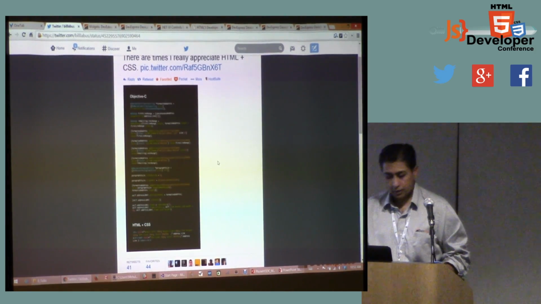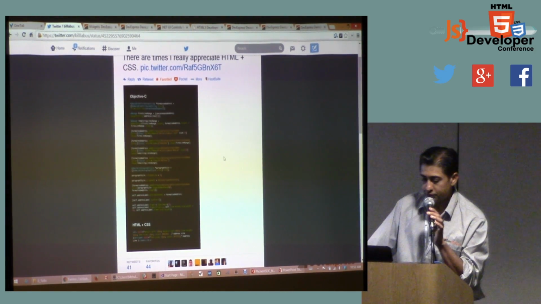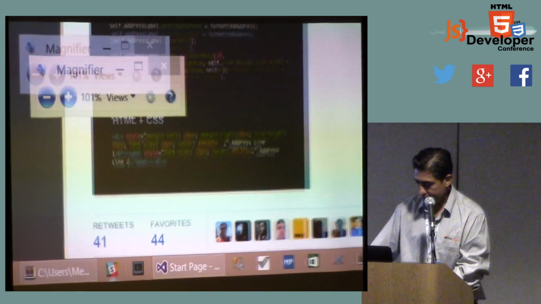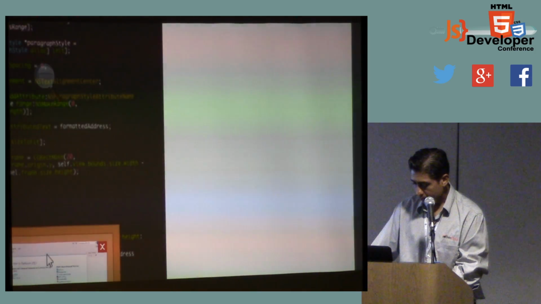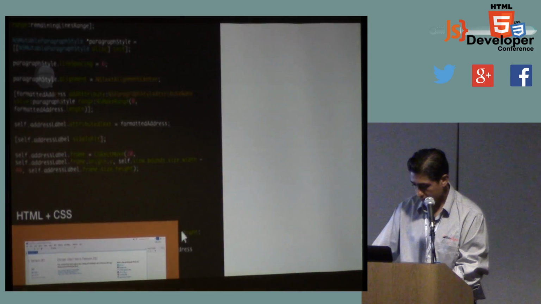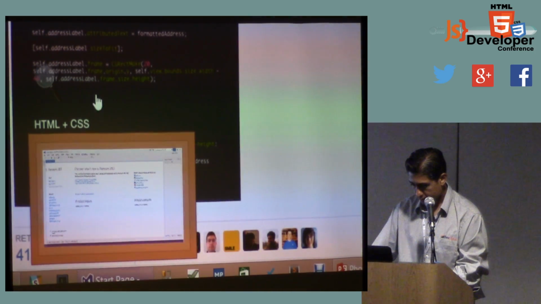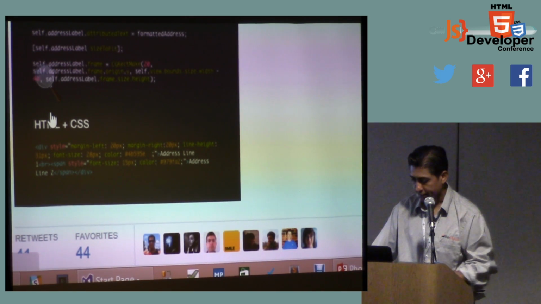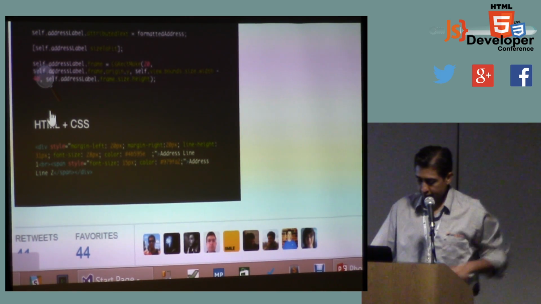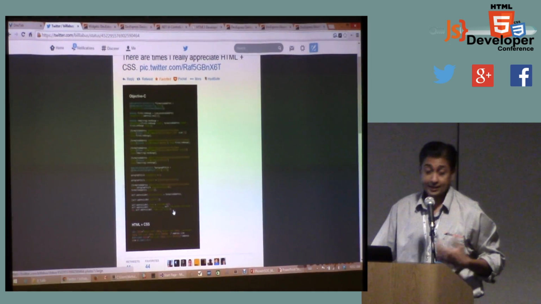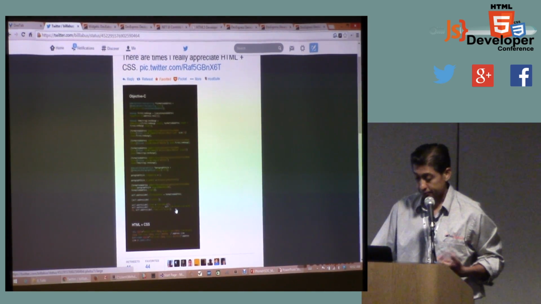All right, so here he's showing off some Objective-C code. Now you can see all of this Objective-C code is the same as this bit of code down here, and all that bit of code is doing is just styling some address lines. Now, that doesn't mean Objective-C stinks. It just means that these are the kind of things you have to learn to pick up.